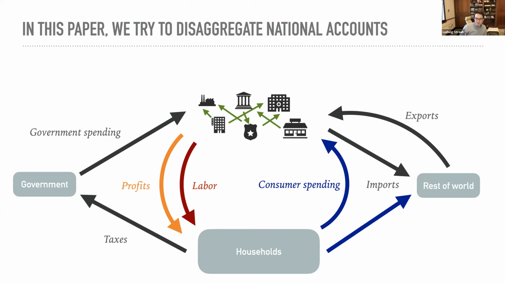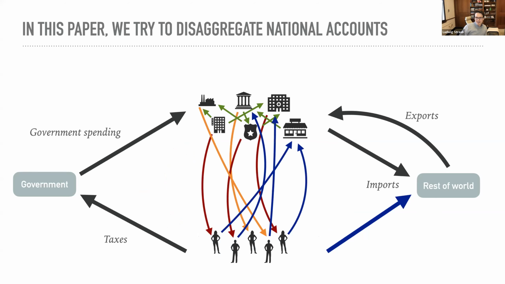And what we'd like to do, and there's a bit of a shared motivation there with Christina's paper, is jointly disaggregate both the household side and the firm side. And when you do that, obviously, there's a lot of new linkages that emerge. So think, for example, we want to get a sense of what kind of products specific households buy and where do they buy them. So there's a rich set of networks that connect households and firms,